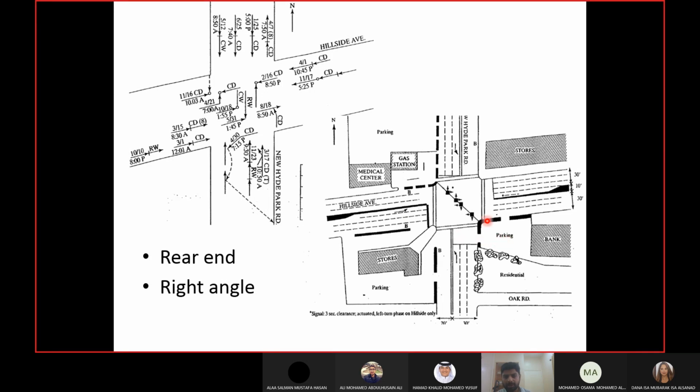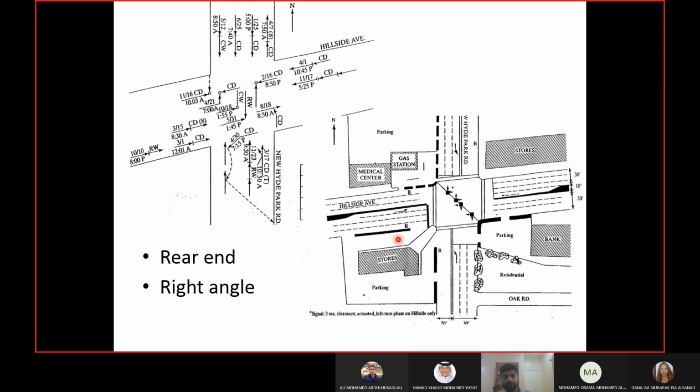So in I think three sides you can see some exits from the parking areas. You have from here, this is from the stores here, this is from another store here, and again there's a gas station here, so maybe somebody is coming out on this side as well. So these vehicles may be blocking your line of sight. If trucks and buses are coming, for example, from any side, they may be blocking your view. Or they may be coming out suddenly in front of you. Maybe the signal is green, but these guys come out suddenly. And maybe you and these guys do not have the proper view of the signal.